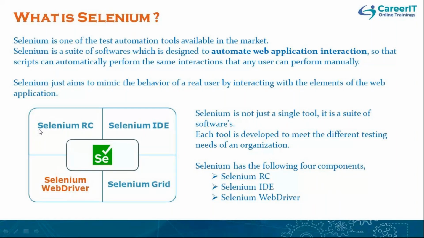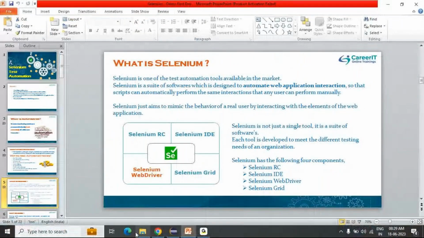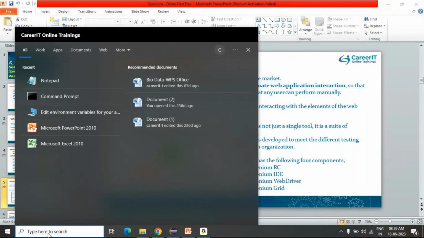And finally, Selenium Grid. Selenium Grid is one of the tools in the Selenium components, which is basically used for distribution testing. That is nothing but if you have a huge number of test cases, you can configure a Selenium Grid so that it will take care of running your test cases in different machines, so that you can reduce a lot of time. And if at all you want to run your test case in a remote machine, some virtual machine, then you can use Selenium Grid, guys. That is nothing but distribution automation. Let me quickly show how distribution automation works. I'm simply taking one block diagram. Let me open PowerPoint again.